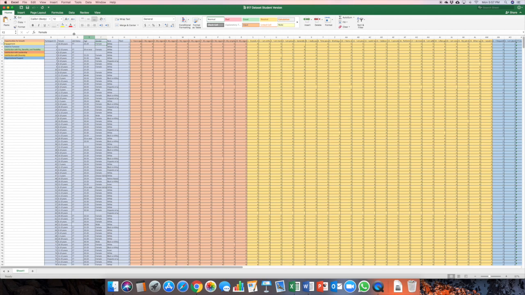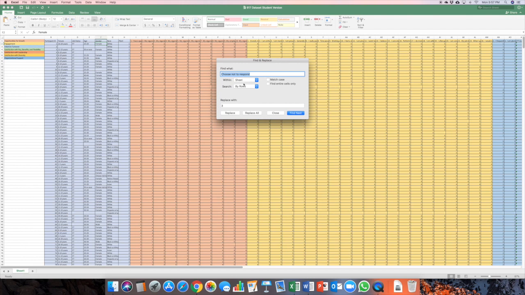So what I'll do is I'll just do a find and replace. There's also other kinds of software that will do this in a more sophisticated way, but honestly, with the data that we're working with, this is just the easiest way to do it. So I'm just going to go to Edit, Find, Replace, and you see I've already been kind of playing with this a little bit. So what I'll do first is let's do female,